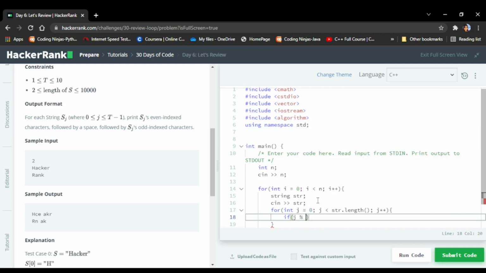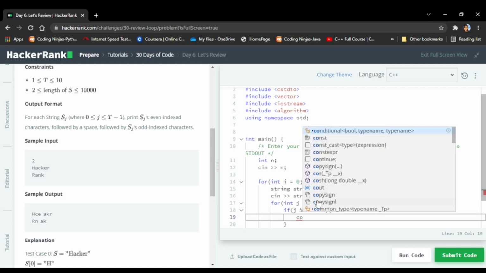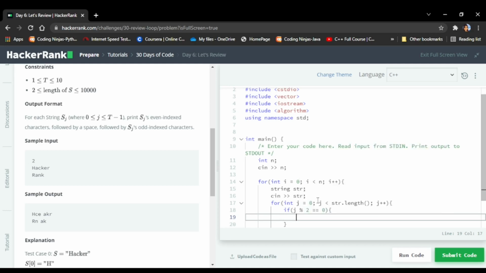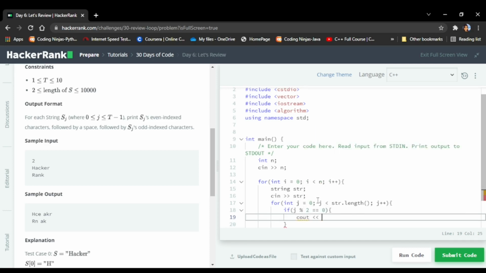First here we are checking for even index characters from the string. Then if j mod 2 equals to 0, then we will print cout str[j]. So in this for loop, what will we be doing here?